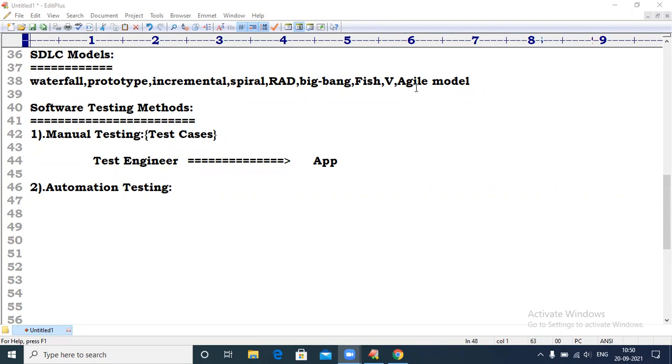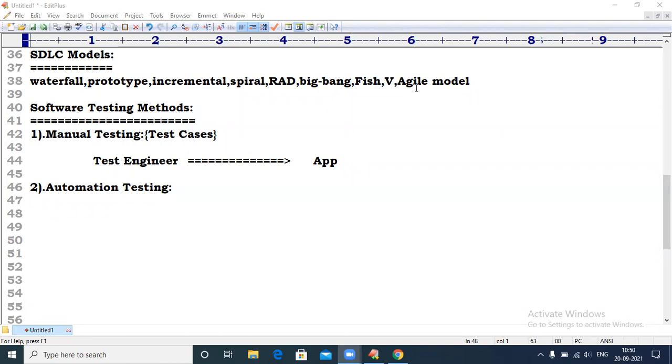If you want to go to the coding side, whether Java, Python, .NET, or Angular, then it is very difficult. But testing is very simple.